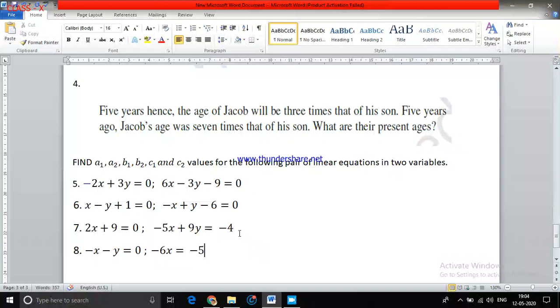And make sure when you're comparing, like in this equation where 4 is on the right side, first bring this 4 to the left side of the equality. So you write this as minus 5x plus 9y plus 4 equals 0. After converting into the standard form, only then do you get the values of a1, b1, c1 and a2, b2, c2 exactly. Without converting into the standard form, if you solve it, you won't get the values correctly. Here also, minus 5 on the right side of the equality, you convert to the left side, and the y term is missing, so you put it as 0 into y.